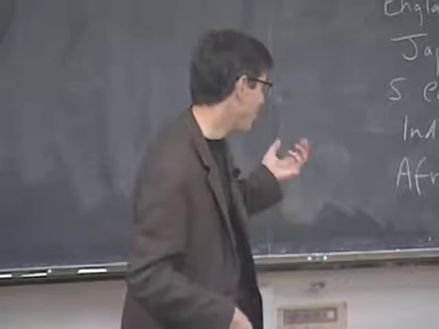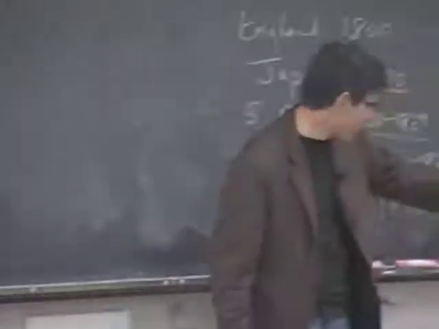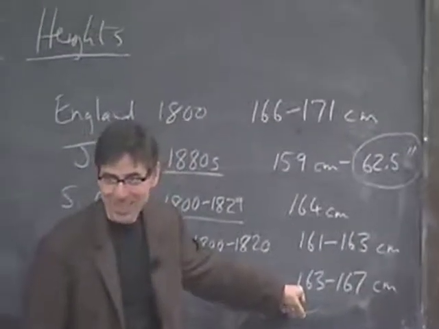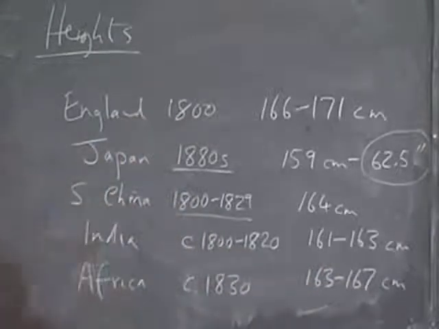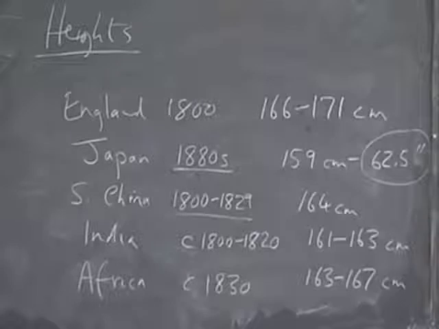So again, there's this whole selectivity issue. These were people who were captured somewhere in Africa and then shipped out on slave ships. So did people who were shorter tend to be more likely to get captured? Again, it's likely to be people at the lower end of the income distribution who end up in this position, being shipped onto slave ships. But on the other hand, since it's costly to ship people across the Atlantic, you're not going to take people who are really weak or who are really short because there's limited space on these ships, and so you want